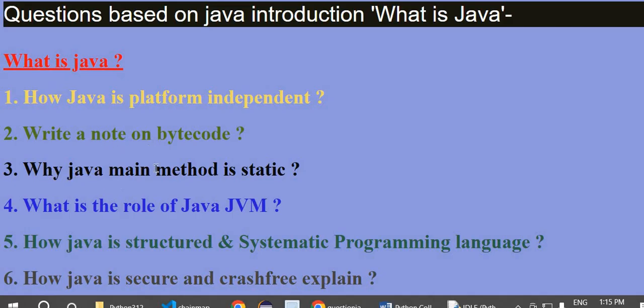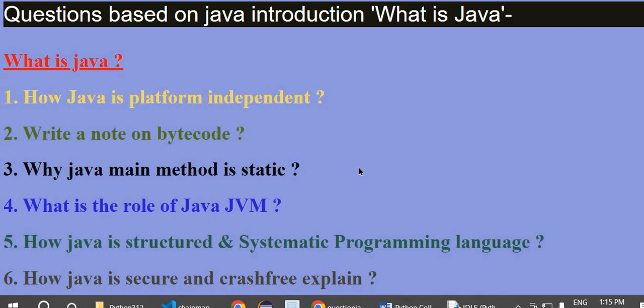And then, why is the Java main method static? We discussed this syntax, but let me clear that thing here. Actually, if Java main is not static, then it will not be available to classes or to your JVM.